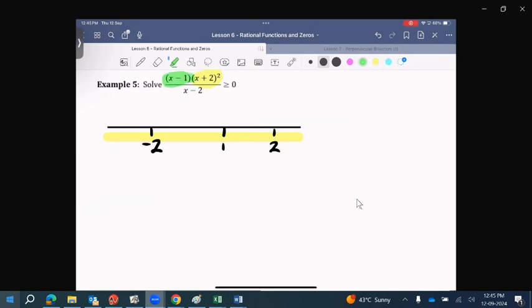Where is this one going to be positive? Greater than 1? We're going to be positive here. And the one in the denominator, where will this be positive? Greater than 2? So we have got positive, positive, positive, positive, negative, negative, positive, positive, negative, negative, negative, positive. Our result